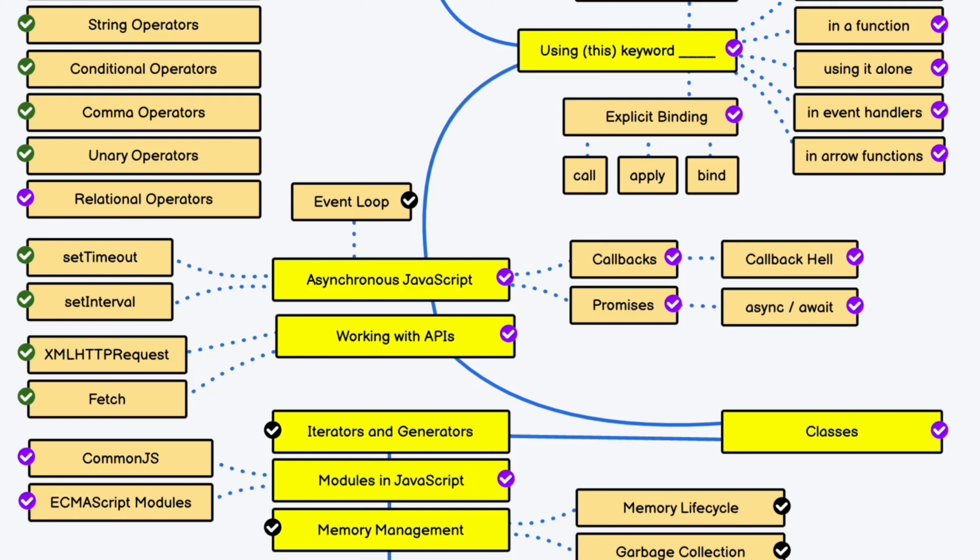So that's the 16th. Now let's go back to the 17th one, which we call modules in JavaScript. So right now we have two very famous modules. We have CommonJS, and recently the ECMAScript 6 modules were introduced, and that's totally a lifesaver, and it has a lot of features in it and makes the JavaScript programming language so powerful. So you have to know what is CommonJS, what is ECMAScript 6 modules. So that's the thing you have to know.